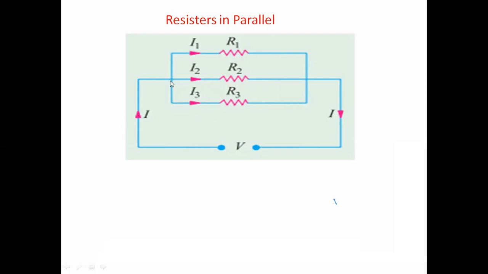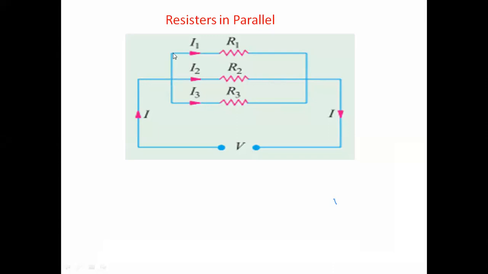So then what happens? We have three ways. The current will be distributed, and it flows through the three resistors. For the resistance R1, the current is considered as I1. The current flowing through the resistor R2 is considered as I2, and the current flowing through R3 is considered as I3. After flowing through these resistors, they meet again at this junction point.